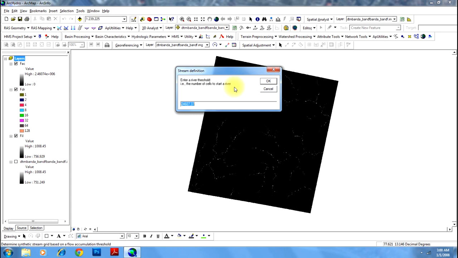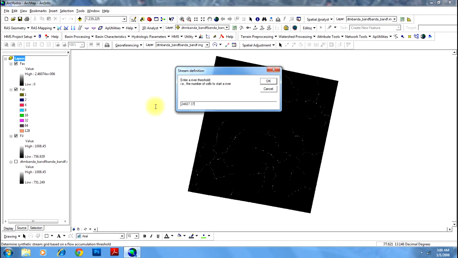Say you are using a regional scale digital elevation model where you need, say, 1 kilometer of a river to be delineated on your digital elevation model. Then you will be specifying a higher threshold.